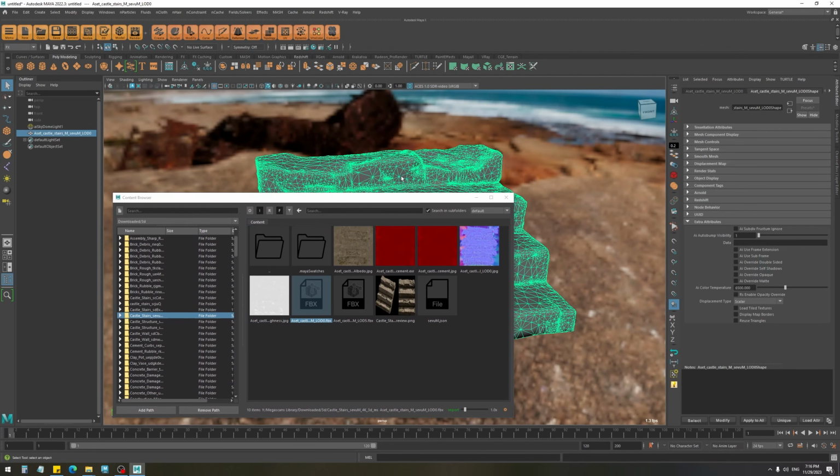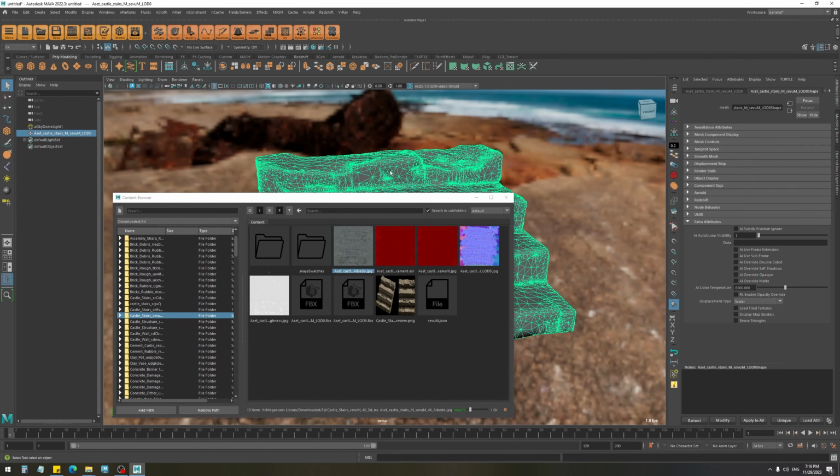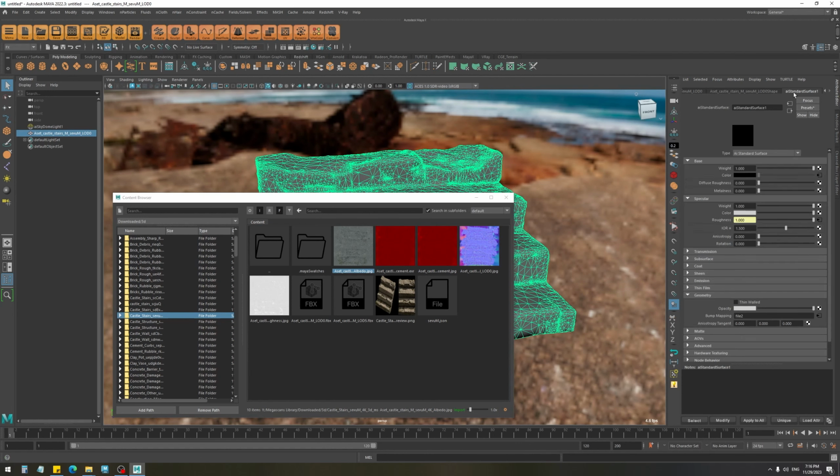And now I can just select this object, right click and auto assign. It is going to find all the textures in this folder and assign them to the right channel for this material. If you have multiple materials, if the object has more than one, you can just find the material in the attribute editor, and just by having it shown in the attribute editor, it is going to assign those textures